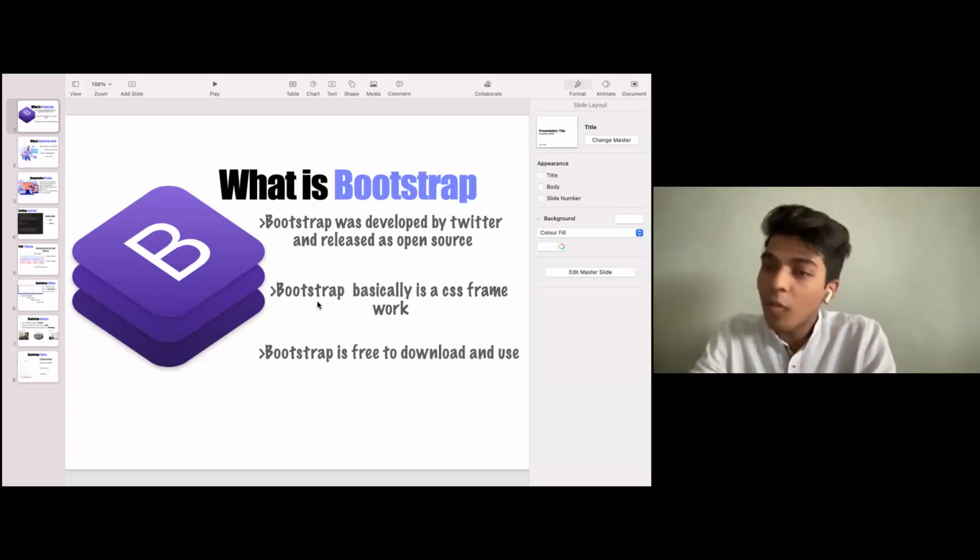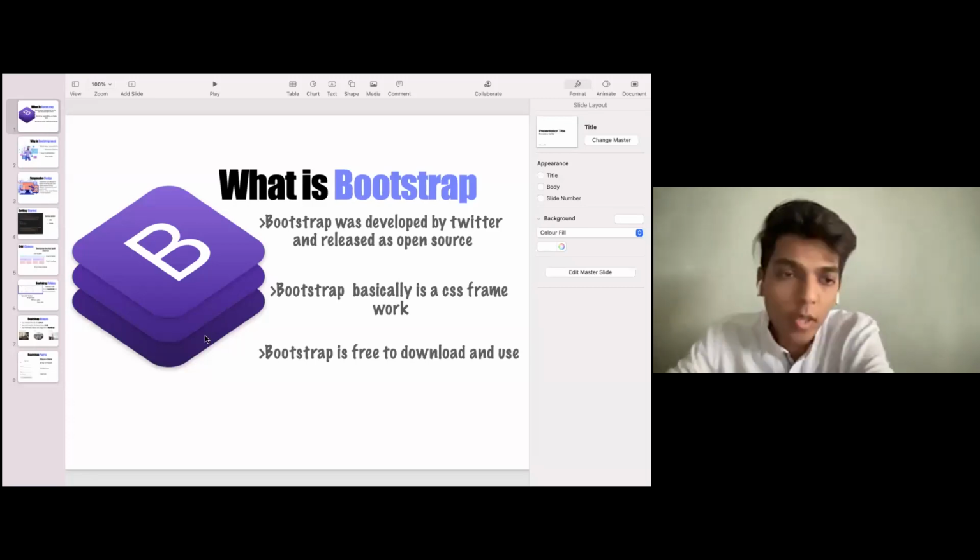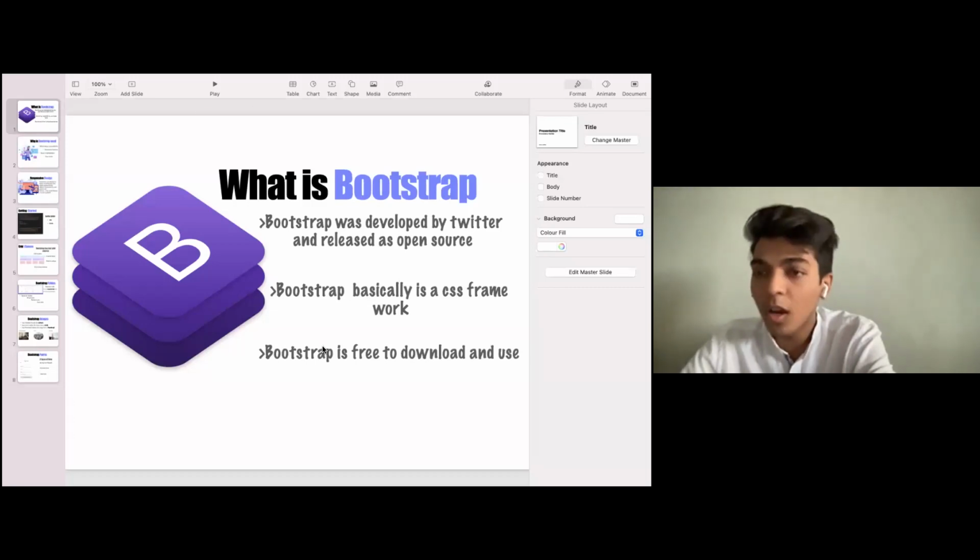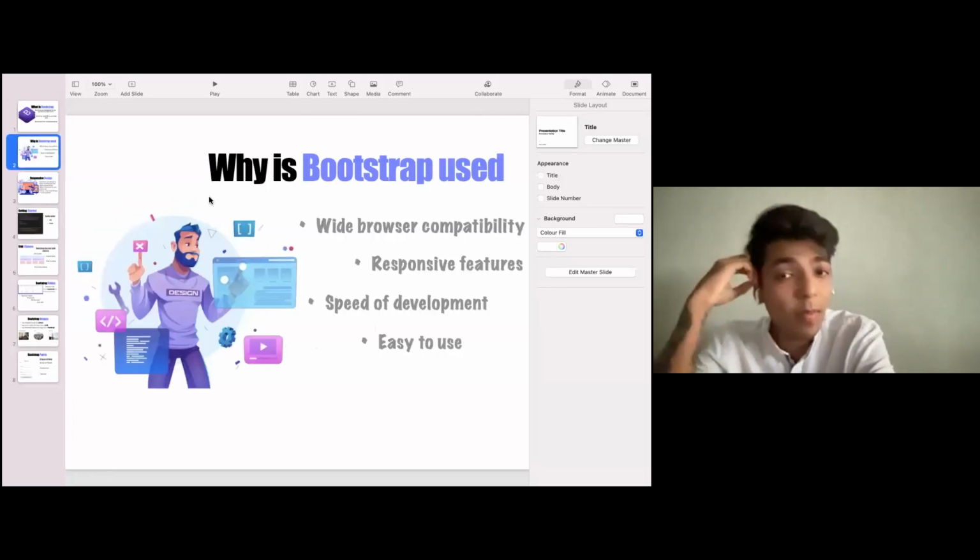But Bootstrap was introduced to us, and with Bootstrap we can develop a mobile responsive website in just one go. The website that I have designed on desktop can be visible to you on mobile, or on any device that you want to use. Be it a small iPhone, a big phone, a tablet, a desktop, a larger desktop, anything would be displayed as it is. So that's why Bootstrap is a framework, and it is free to download and use as well. So why is Bootstrap used?